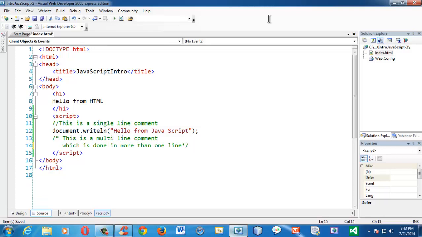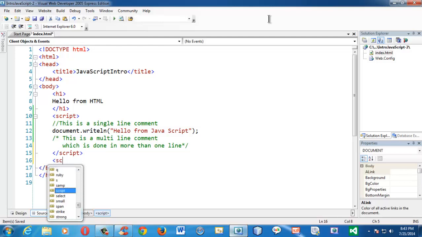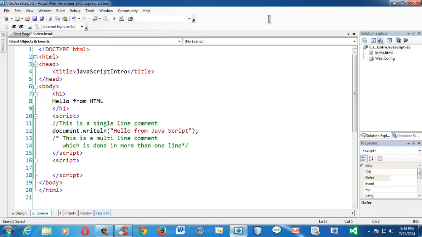Apart from these, we should also be aware of a situation where your client or user running the JavaScript has a particular browser that does not support JavaScript. In that situation, you need to bypass your JavaScript instructions with the help of this kind of syntax.